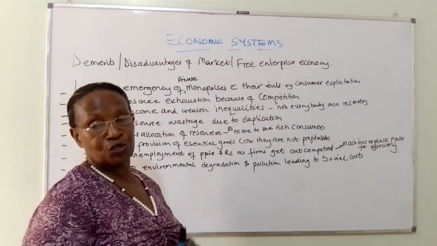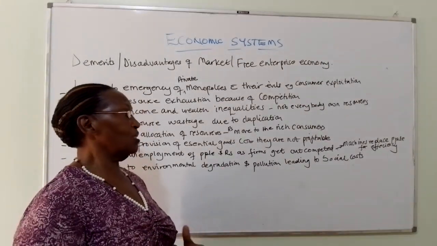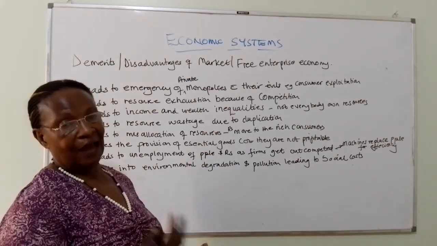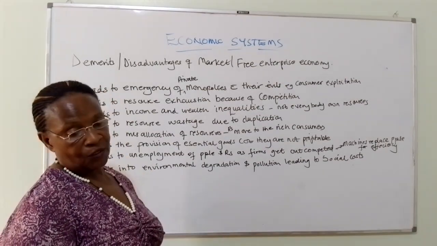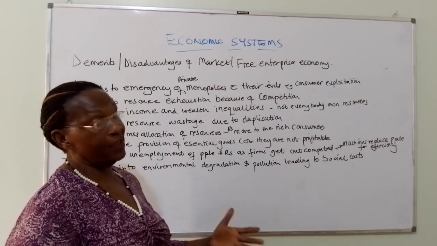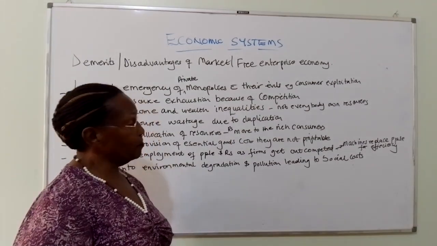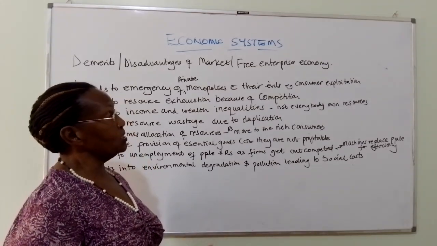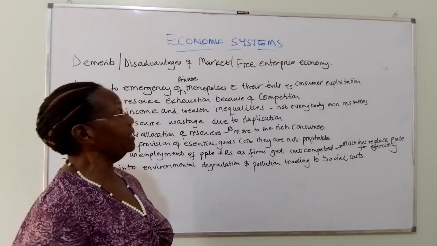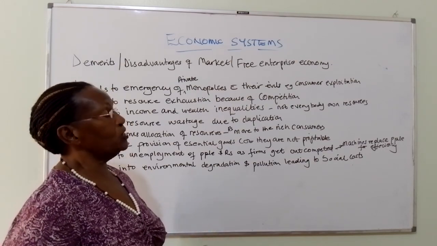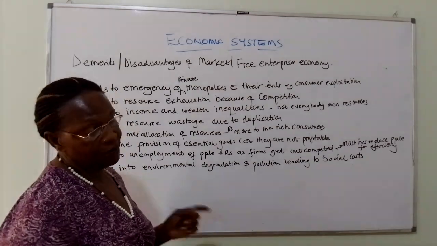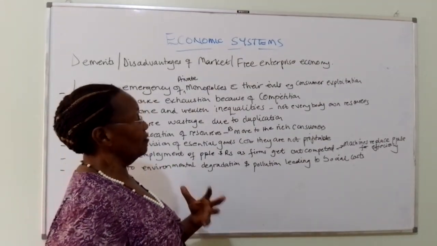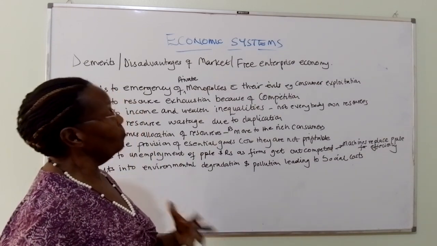They don't supply according to demand. No, they try to create that shortage in order to be able to explain or justify the high prices they are charging. So they say that our goods are not there, that is why we are also charging a high price. But we know that in actual fact, they are doing it intentionally because they know they're the only ones in the market, and they have the freedom to charge as much as they want. So that becomes a disadvantage of allowing people to operate freely in a free enterprise economy and outcompeting others who